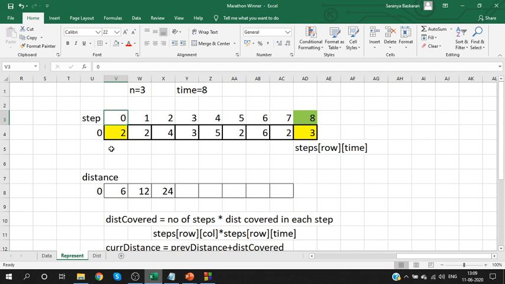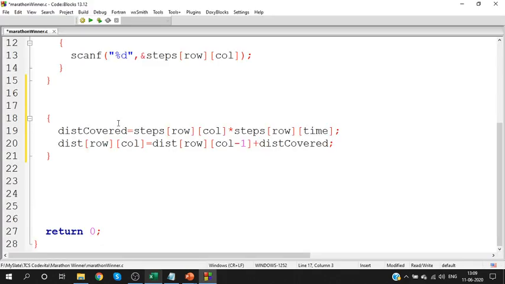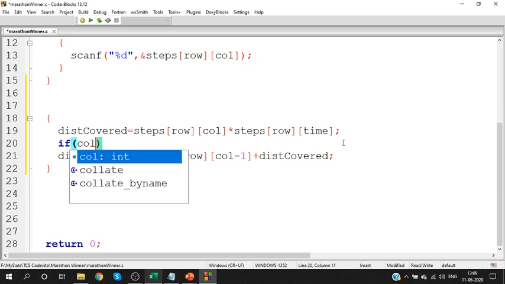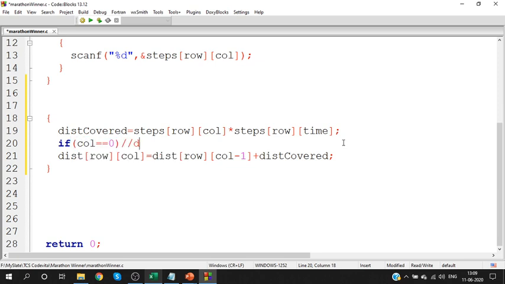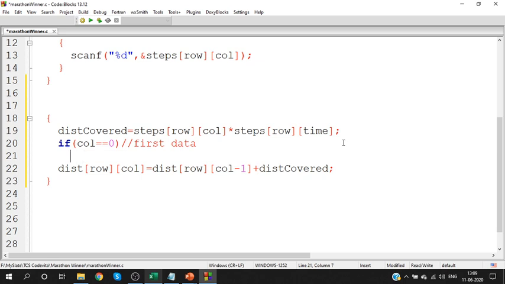How will you know that it is a first data? The first data will lie in the 0th column. Can you understand? Yes, for the first data, which will lie in the 0th column, see, if column is equal to 0, that is the first data. Yes, for the first data, generally what is the formula?